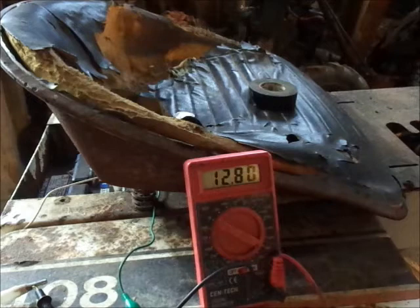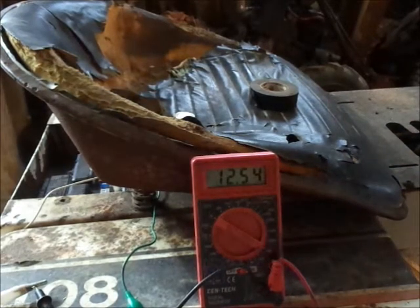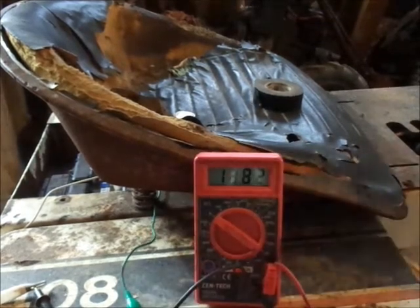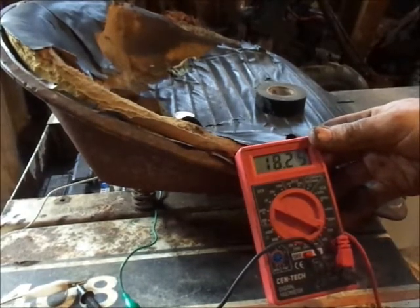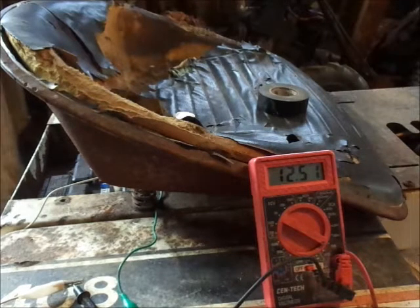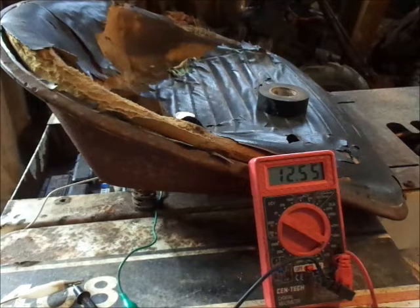So. Out of gear, PTO should be off. I'll keep my feet clear just in case. It's going to be one of them ones that's going to have a bad ground or something. Well, it's hard to say. I had another one that bounced around like that when you were testing it, and that was a C10A, and it does not work. Let me play around with this and see if I can get it to work, and